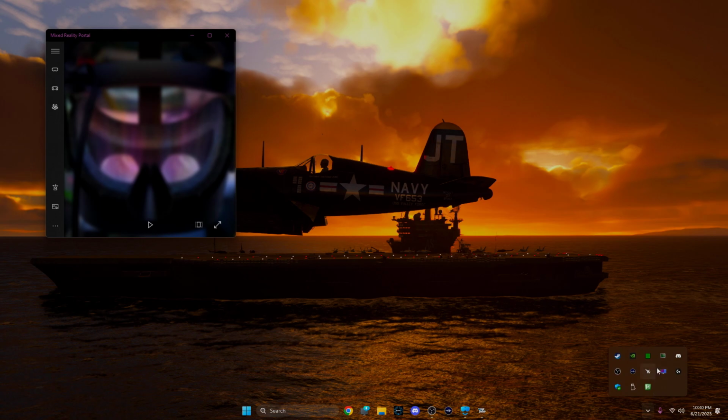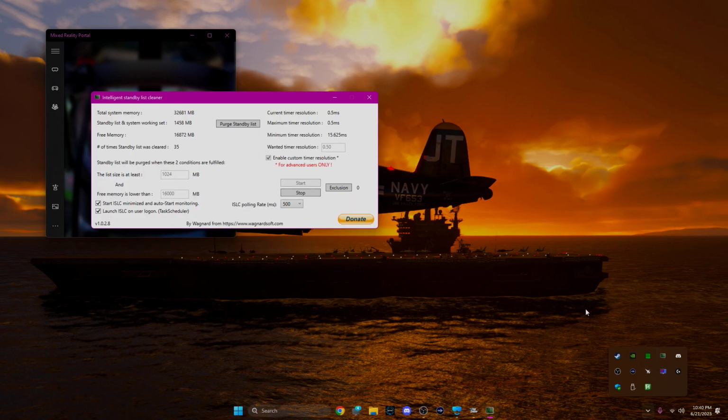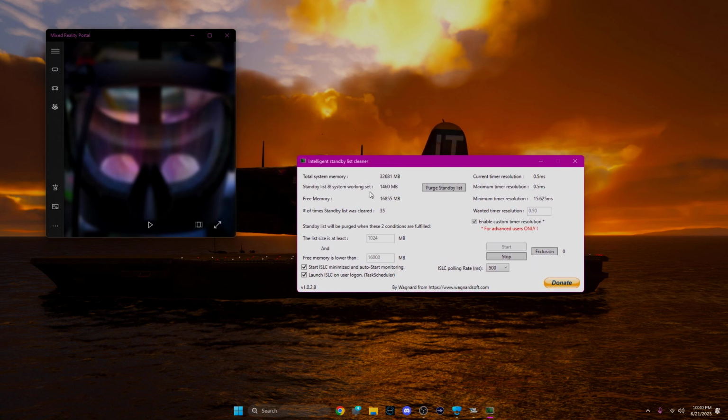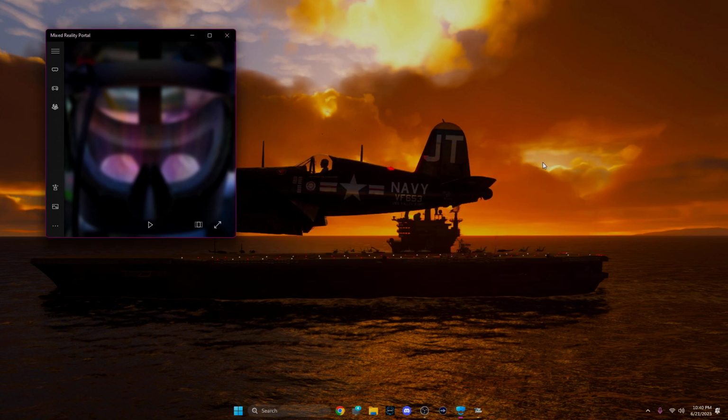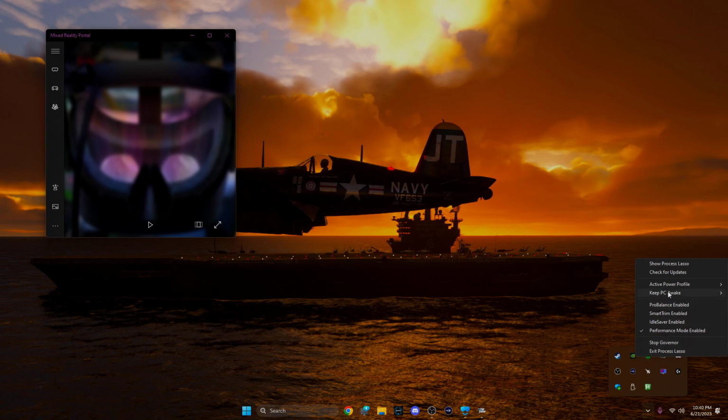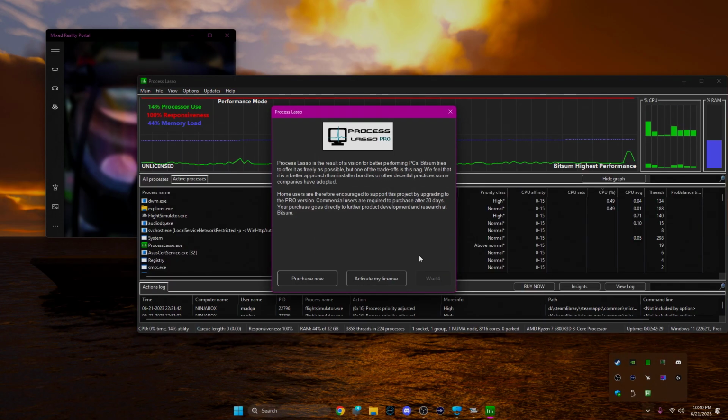I also have this right here, the Intelligent Standby List Cleaner, which basically clears out your RAM. Again, if you don't know how to use this software, do a little Google search on it and learn how to use it. It's great for all your games. It clears out your RAM. All right, so I make sure that's on, and I also keep Bitsum Highest Performance on, and in your task